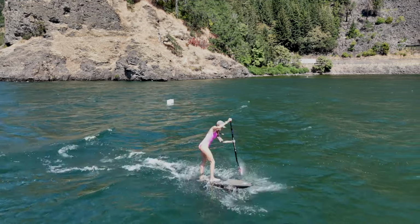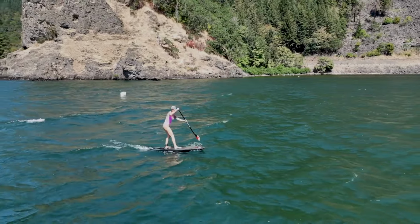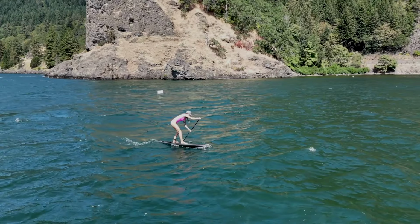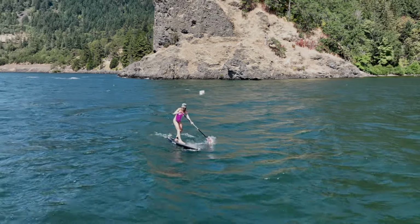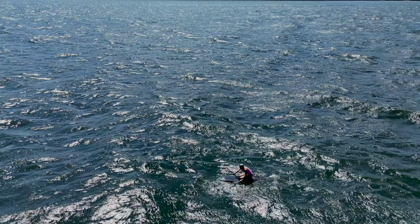And this wave just kind of petered out on her, and she wasn't able to push through to that next stage of the pop-up process. And sometimes that just happens. It doesn't matter how good or new you are to the sport. Sometimes you're just going to have failed attempts, and that's just foiling. But those are two really good failed attempts that I think illustrate some of the aspects of popping